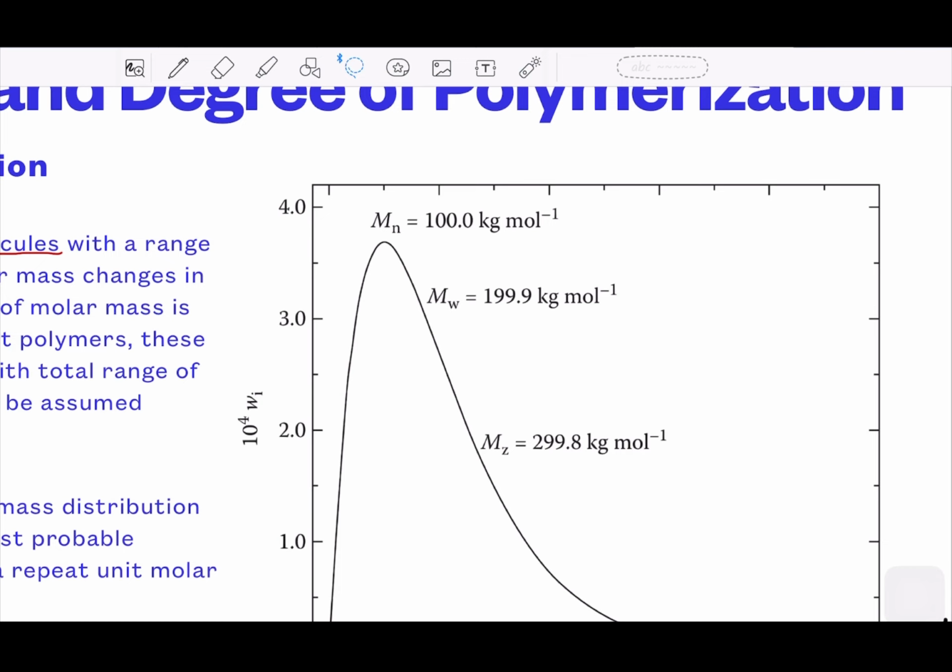If this weight increases, let's say maybe 300 becomes here, it becomes wide, right? The distribution becomes wide. So if we know the polydispersity index, we can know how the curve looks like,